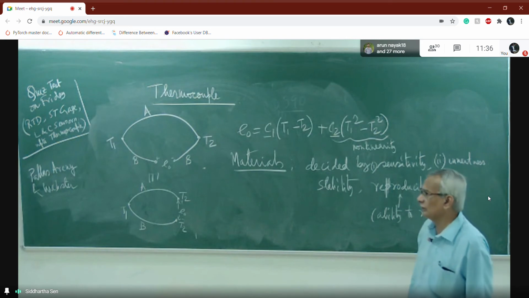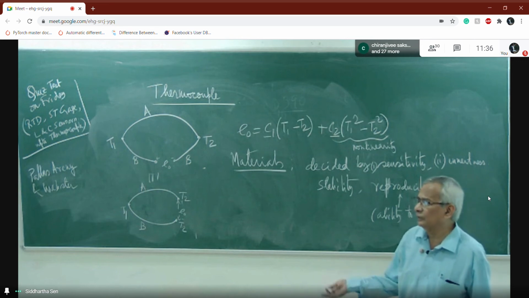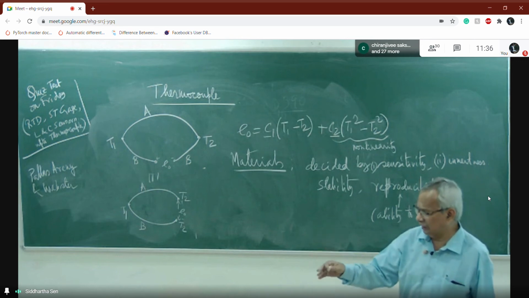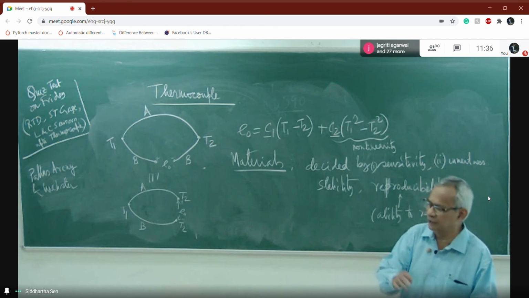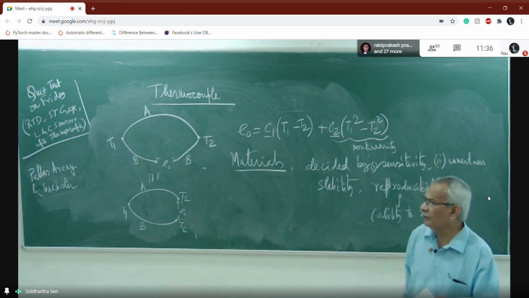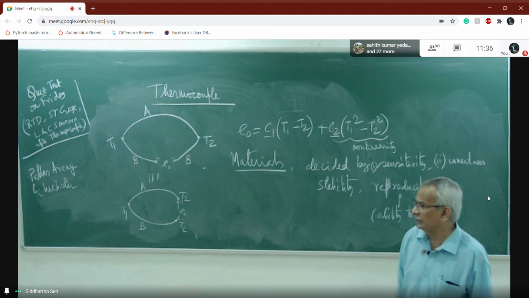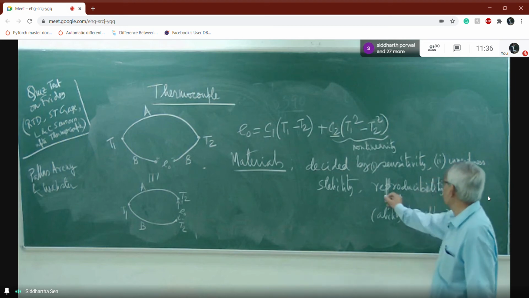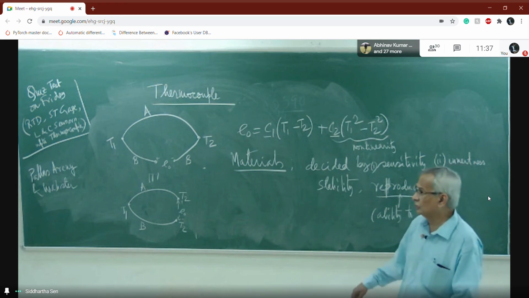But unfortunately, some of the thermocouple materials are like this. If I replace a thermocouple by one of the same material, there would be some difference between the characteristics. It won't be exactly the same characteristics, and as a result, we need to calibrate it. So good reproducibility means we don't need to calibrate it once we replace it.